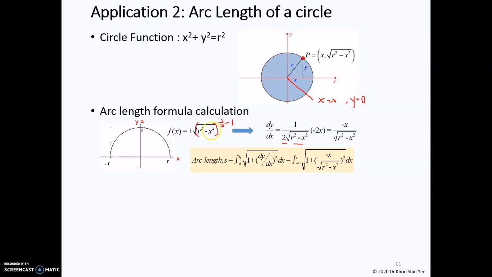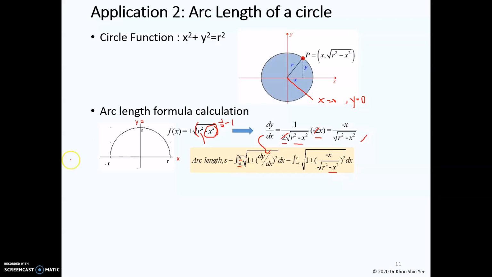So don't forget to differentiate the component inside here, where the constant becomes 0, negative x squared. After you differentiate, you obtain negative 2x. So this is the differentiation result. You can further simplify this by cancelling the 2. Then you obtain this. After that, you substitute inside the arc length formula to obtain this, and the lower and